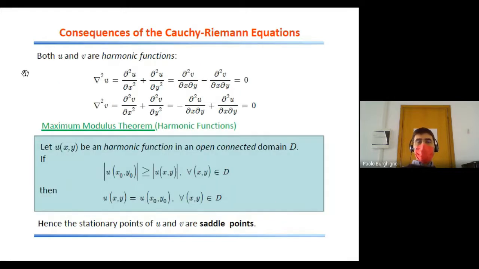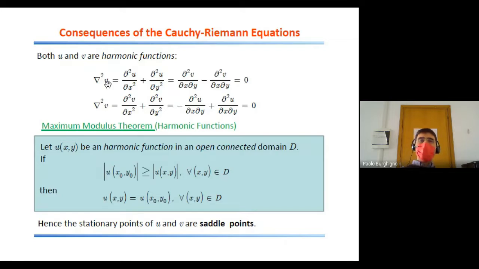But in addition to these, the same Cauchy-Riemann equations also tell us that both u and v are harmonic functions. That is because if you evaluate the Laplacian of either one, that is, you sum the second derivatives with respect to the x and y variables, by again introducing the Cauchy-Riemann equations, you will discover that those Laplacians are identically 0. So we may call those u and v functions harmonic because they are solutions of the Laplace equation in the